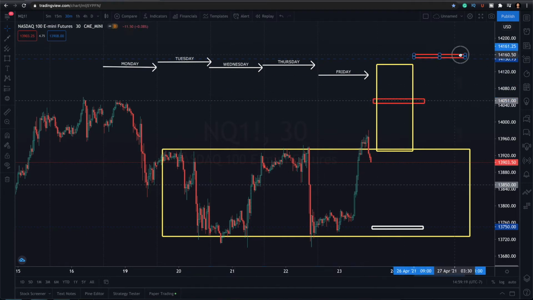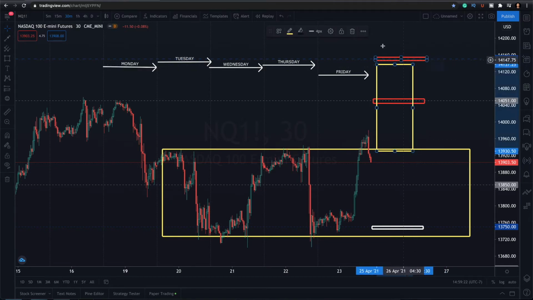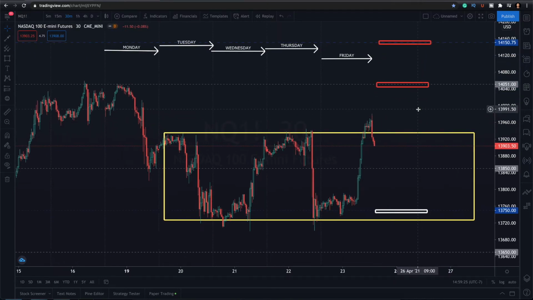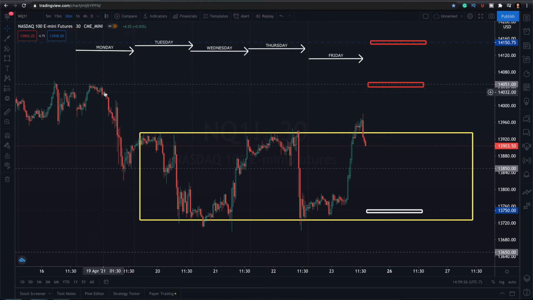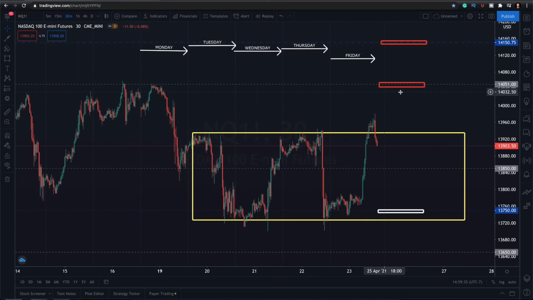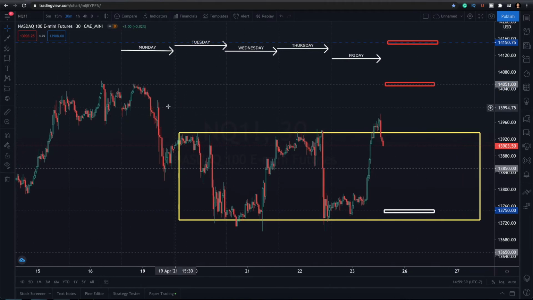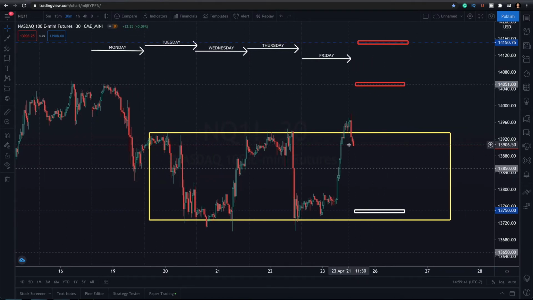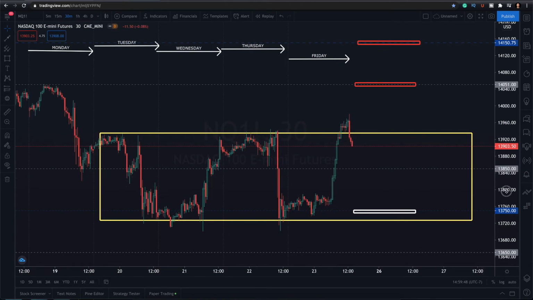And the same thing goes if we go to the upper side from here. But I'm going to mark these two levels here, and I'm gonna give you the reason right now. If we do continue to push higher, this is an established resistance right now. This is our all-time high. So always try to take some profits off at the all-time high level, even if we're just 100 points away,